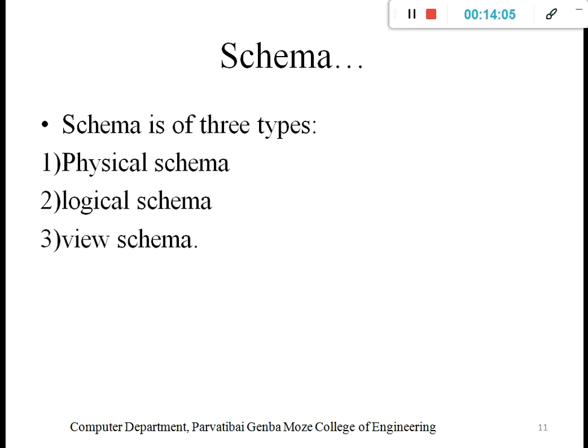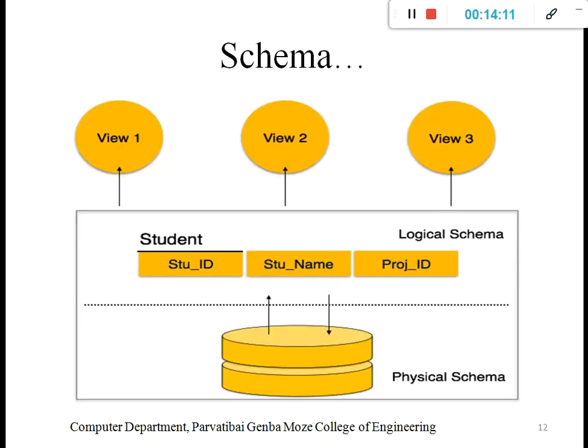Now we will understand one by one what exactly the three types of schemas are. This is the overall structure of a particular application: view 1, 2, 3. For example, a student searches for his or her result in a student application, and it views the result on a screen. That is one type of view, the view schema. The system gives the result with subjects, subject marks, and the percentage.